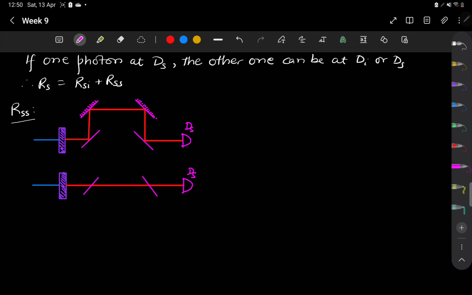This is the second alternative. And now in the unfolded path representation,